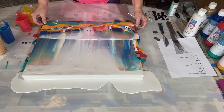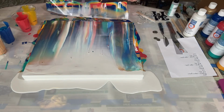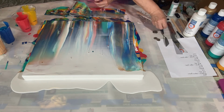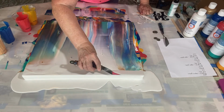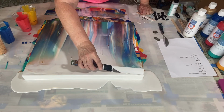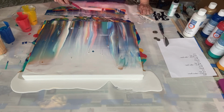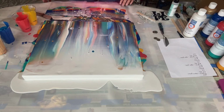Pull this across here. Missed the spot over here. I'm not entirely happy with that, but I can take my nice little spatula here and smooth that. That takes care of that. And that looks good. And as you can see, the